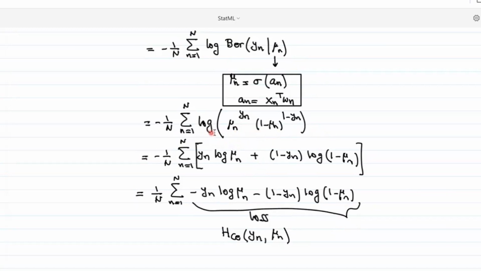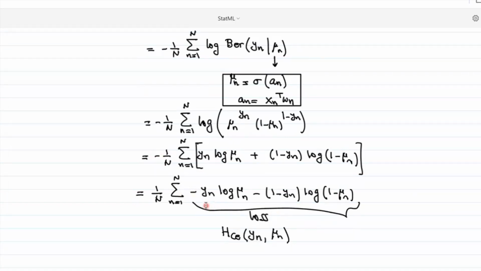Similarly, when we apply log of mu n raised to the power of yn, we can take this exponent out, and that's going to be yn log of mu n plus 1 minus yn, this exponent, log of 1 minus mu n. So this is the expression that we have when we simplify this. So you can see again, using this logarithm function in the log likelihood function is very helpful to make this simpler. And now if we take this negative sign that we have here inside,